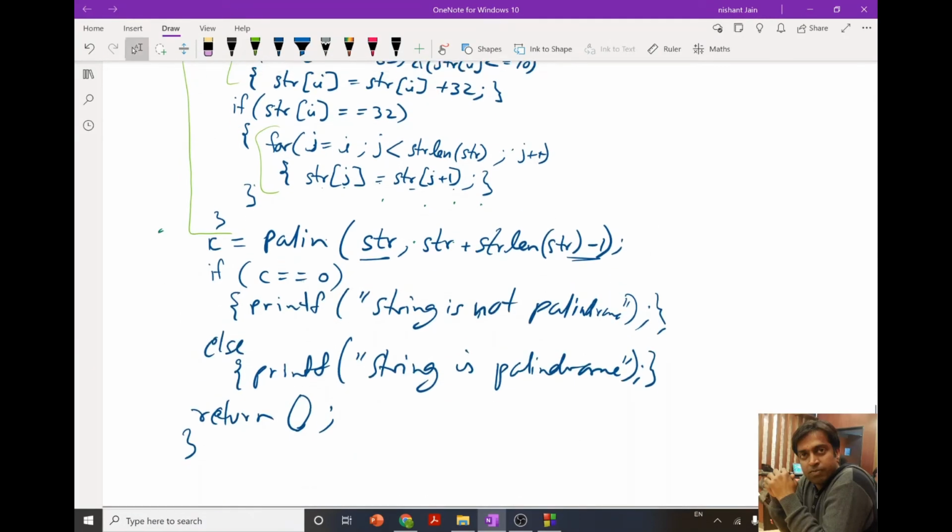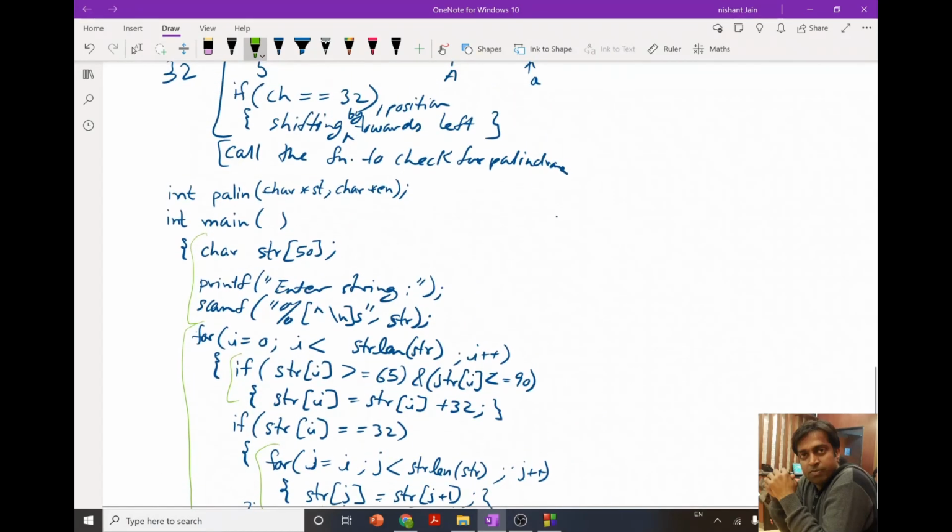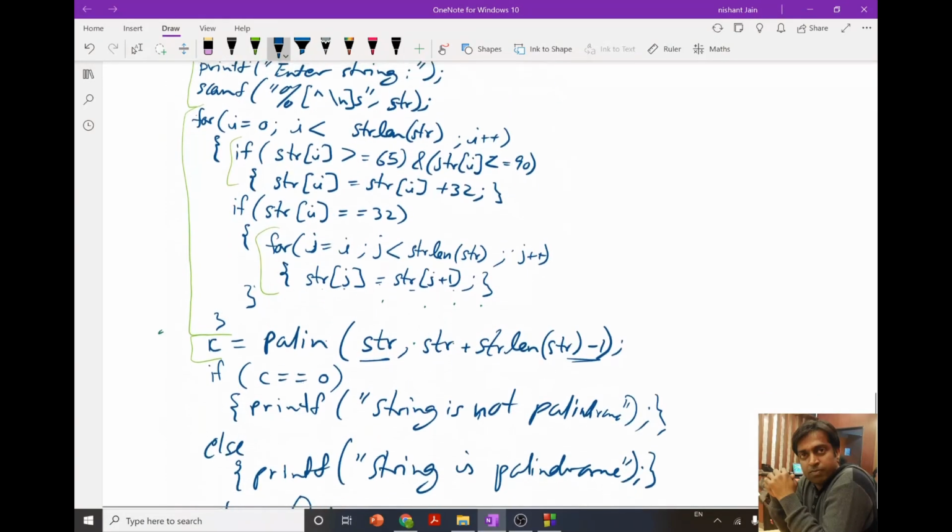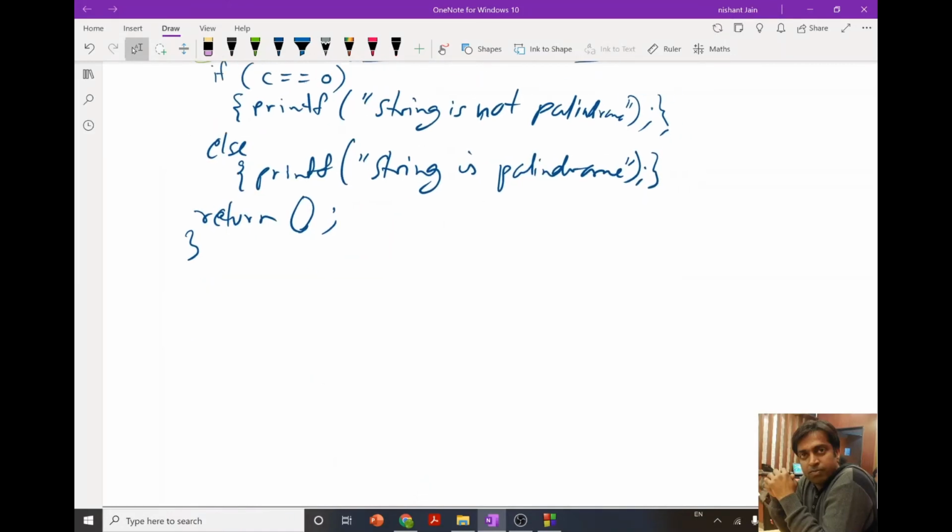After that we call the function, and after calling the function, if the value of C is 0, then we print not palindrome. If it is 1, then we print palindrome, right? And over here we should declare the variables I, J and C, because we have used these variables in our program.